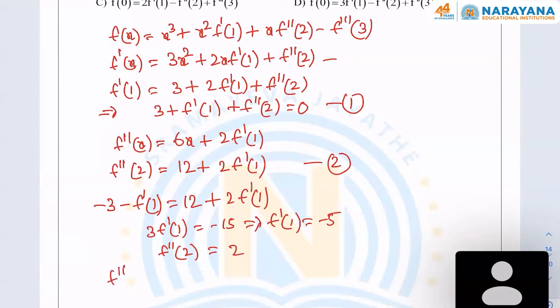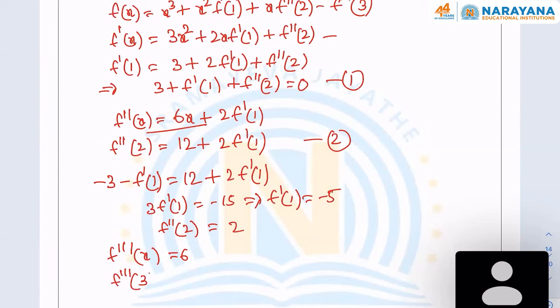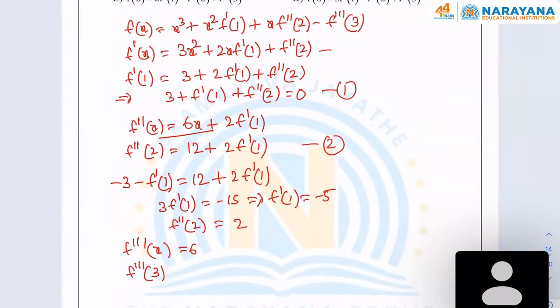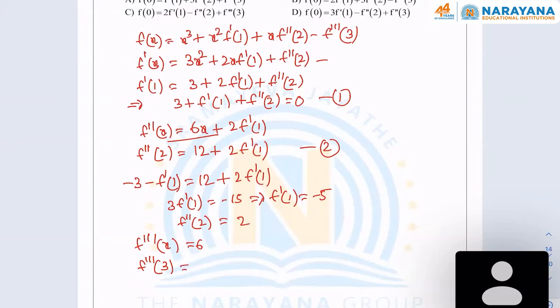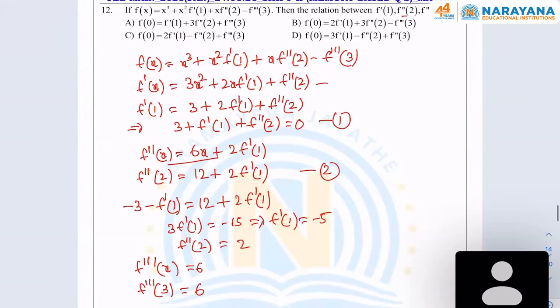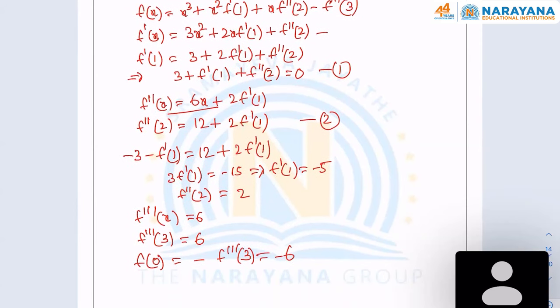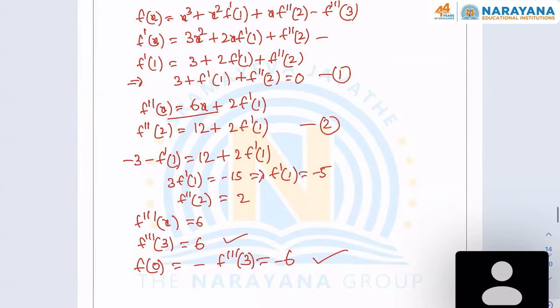Now I want to find f triple dash. Okay, I'm differentiating this equation. f triple dash x is equal to 6. So f triple dash 3 value, f triple dash 3 or f triple dash 2, all these values remain same because it is independent of x. So f triple dash 3 is equal to 6. Now they're asking the relation between f dash 1, f double dash 2, f triple dash 3. I'll find f of 0 also. f of 0 is equal to minus f triple dash 3, which is equal to minus 6. So f of 0 is equal to minus 6, and f triple dash 3 is equal to 6,